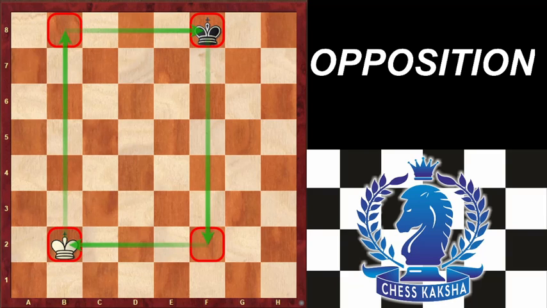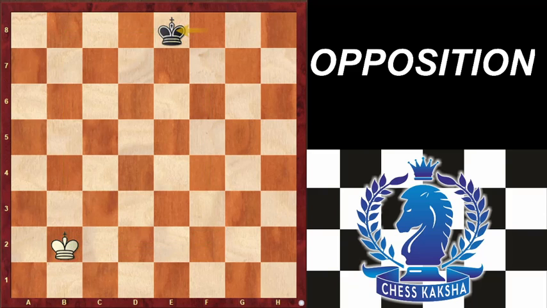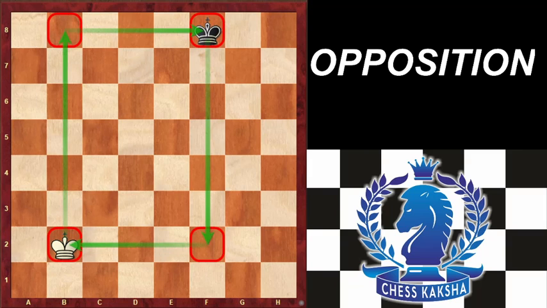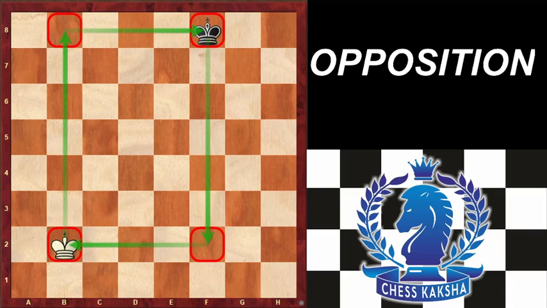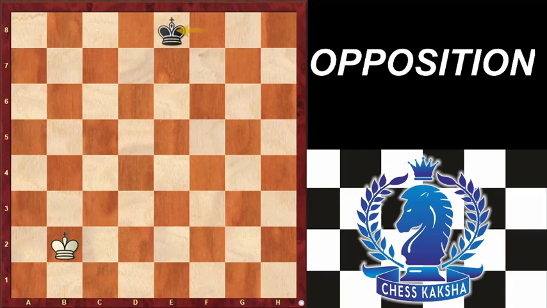So after this, black moves king to e8. If instead of king to e8, black chooses king to f7, then what will happen? Then king moves to b3, which gives diagonal opposition to white. That's why black chooses king to e8. After which king moves to c2, black king moves to f8,